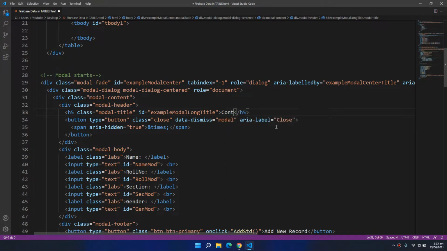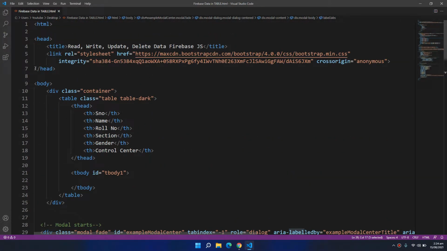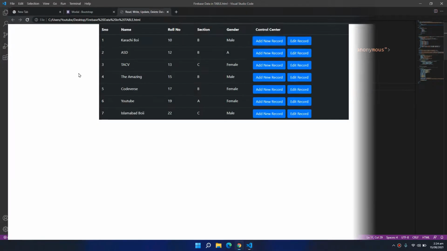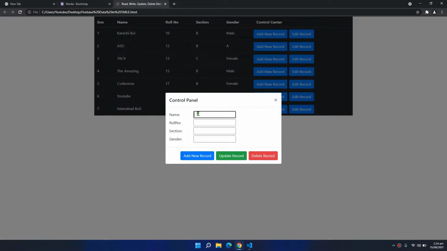I am gonna call it control panel, and for the labels I'm gonna do some CSS over here. So now the text boxes are arranged in a line, and here it is written control panel.